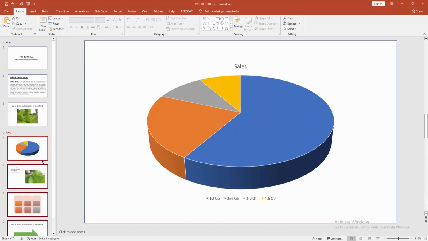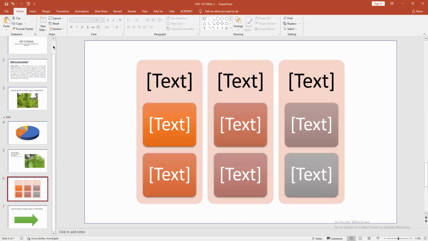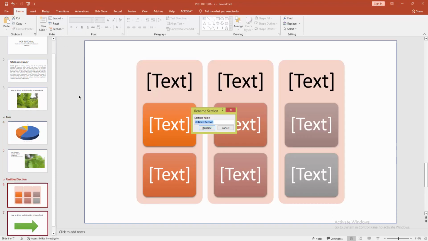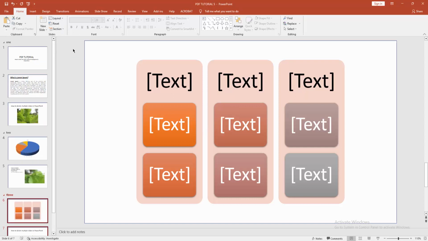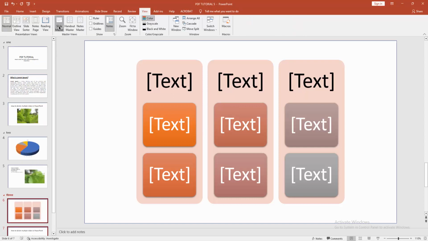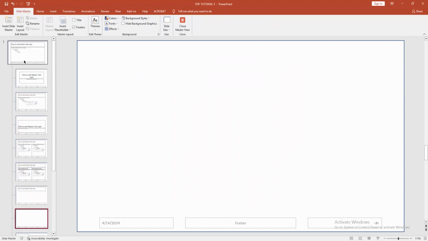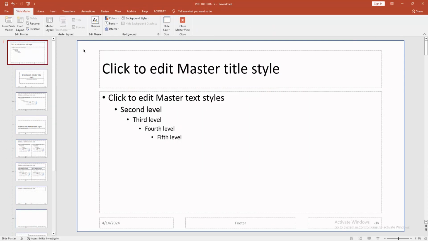then click Rename, then select the sixth slide and click Section, click Add Section, then write another section name, then click Rename, then go to the View menu, select the Slide Master, then go back to the first slide, then